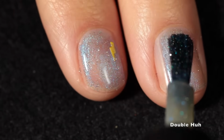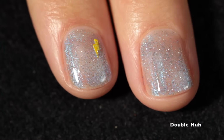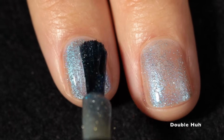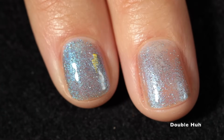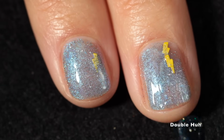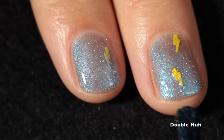So this one is really, really fun. It's also giving a bit of Harry Potter. But the lightning bolts are quite plentiful. I did leave my bottle upside down between applications, so I didn't have to fish around too much for them. And they came out relatively easily. I mean, I had to be a little bit intentional swirling my brush around in the bottle, but it was pretty